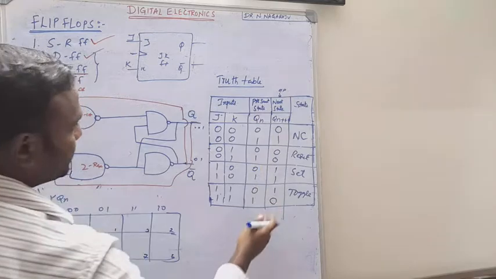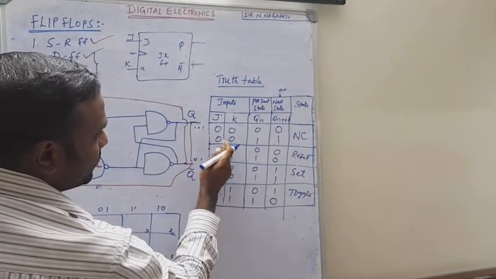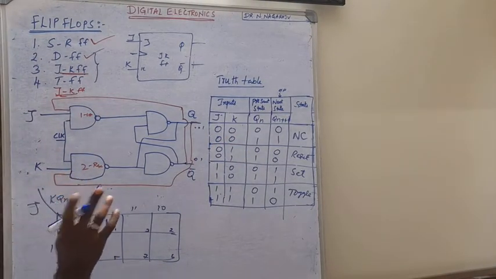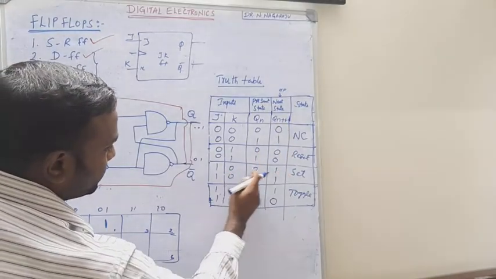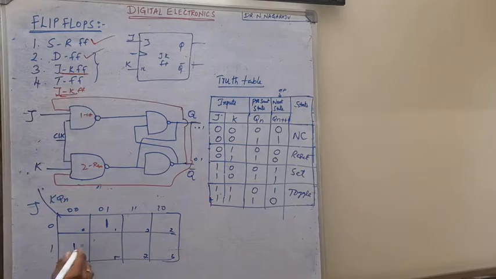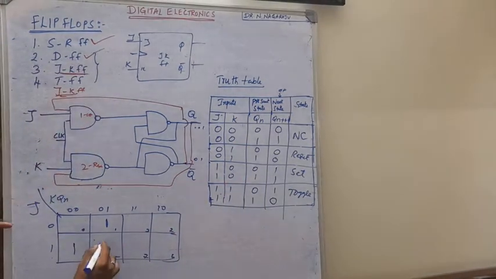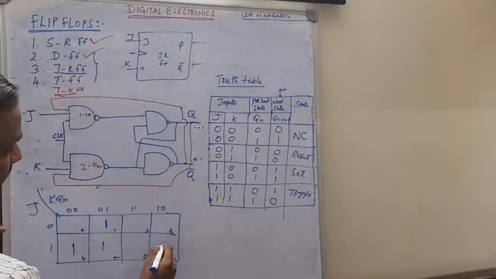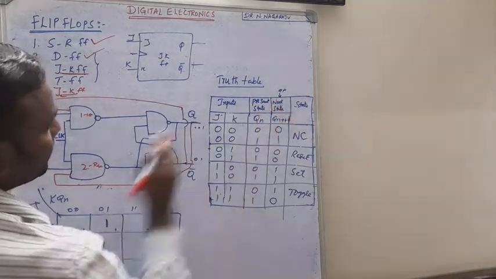Now check the output condition. What is the output condition here? When Qn plus 1 is equal to 1. What is the equivalent value? 0, 0, 1. That is logic 1. Similarly Qn plus 1 is 1 at the condition 1, 0, 0. Then Qn plus 1 is equal to 1 at the condition 1, 0, 1, so that is 5. Next, Qn plus 1 is equal to 1 at the condition 1, 1, 0. That is 6. So these are the min terms obtained from this truth table, right?